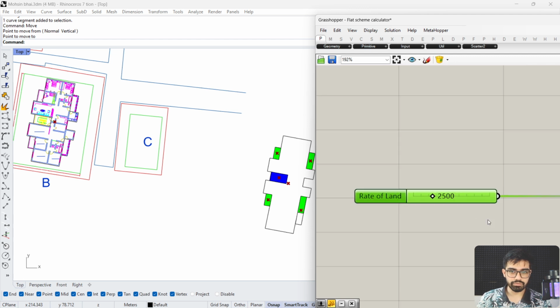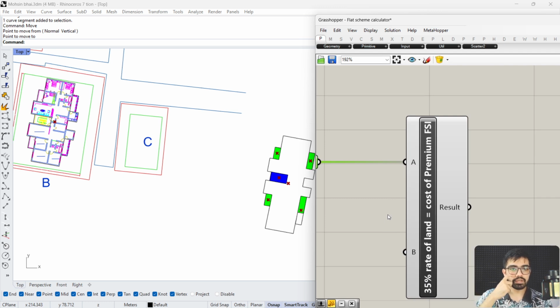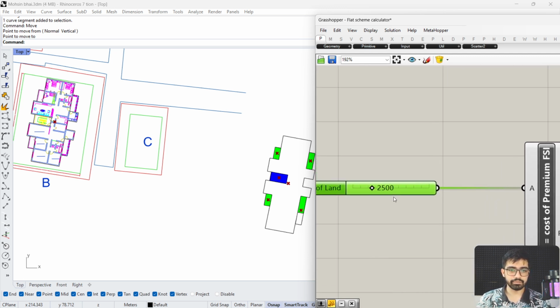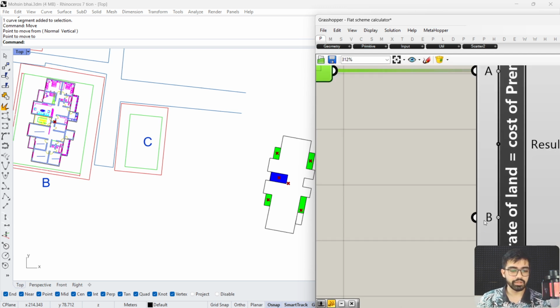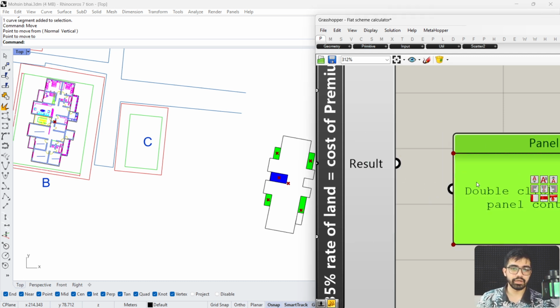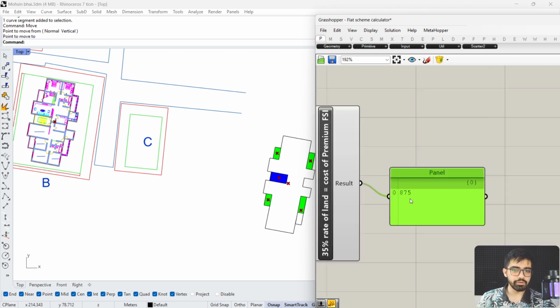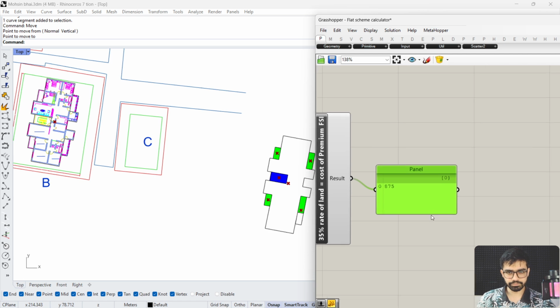Let's assume 2,500, and then I'm multiplying it with 0.35, because the cost of the premium FSI is 35% of the rate of land. So if the rate of land is 2,500, the rate of the premium FSI will be 875 per square